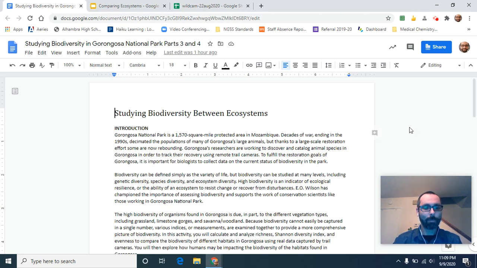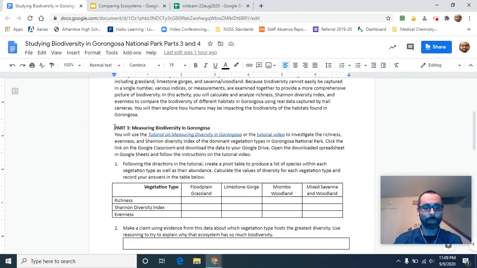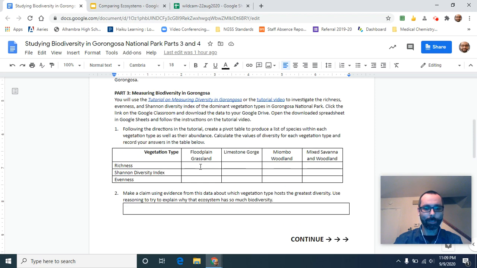This time I'm going to be talking about part 3 of the Studying Biodiversity Between Ecosystems assignment. And this part is where we're going to start using real data from the Gorongosa National Park to compare ecosystems against each other. Down here in the data table, you can see that there are 4 ecosystems that we are going to compare. And we're going to use the 3 measurements of biodiversity that you practiced in part 2 of